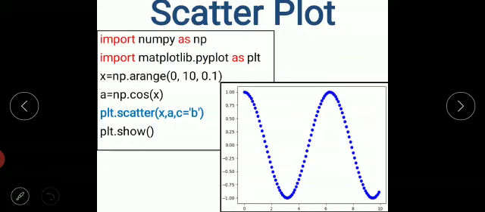See, children, I have used the same data values so that you can see the difference, right? x is equal to np.arange. Same values I have given 0, 10, 0.1. Then cos x I have used the same. plt.scatter function, right? x comma a. Here to provide the color you have to use the c argument. c is equal to b, right?